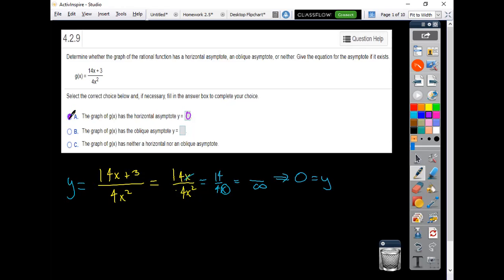Now, if the degree in the numerator is larger, that means you're going to have like an x squared over an x, and when you reduce that, that's going to be x with another number there. So there's going to be a slant asymptote, and you have to divide that out, long division or synthetic, and find out what the solution is. So if I came up with 2x minus 3, this would be the equation of the line, 2x minus 3, so minus 3, slope of 2, and dotted line usually